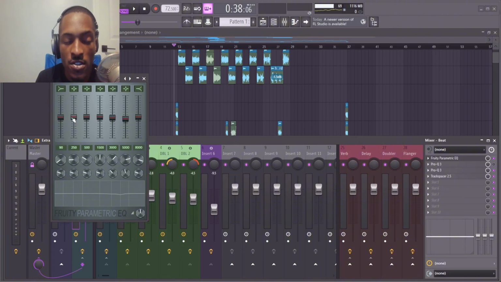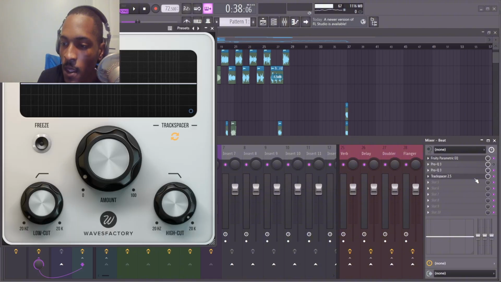If the beat is too muddy, I'll pull out this 250. And if it's too much bass or too little, I will either boost or take away this 90. And I do this on every beat. I have this stock EQ on every beat. I never touch these. And if the hi-hats are too bright, I either boost or take away this 8K.